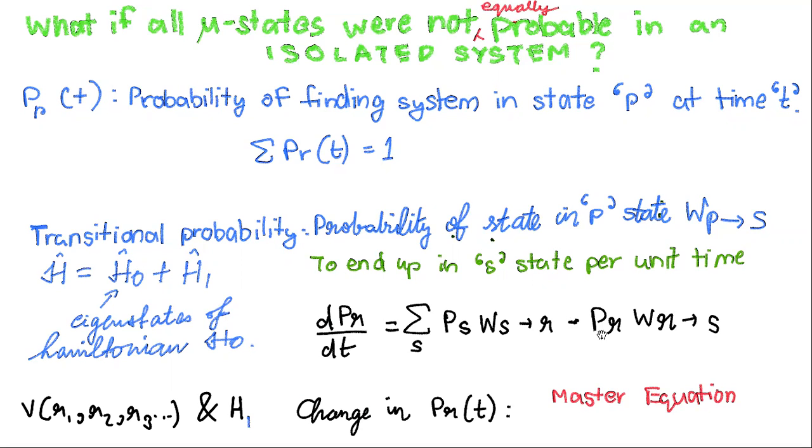But also some of the states which are in R. Suppose there is a certain number, N3, of systems which are in state R. Some of them are also going away to state S, right? And if you just multiply by the total number of systems that are in state 1, 2, 3, 4, 5, 6, the total number of various states that is possible, or analogously, if you divide by the total number of states, then you get the probability that only a certain fraction of